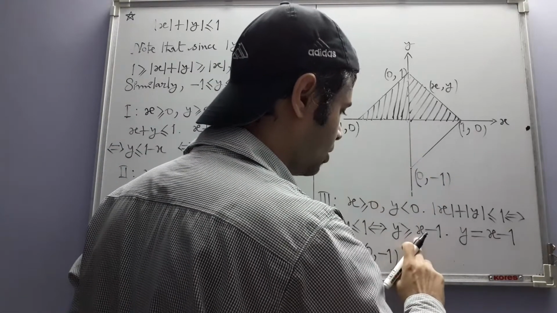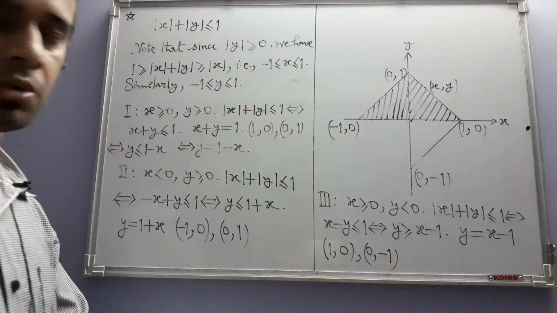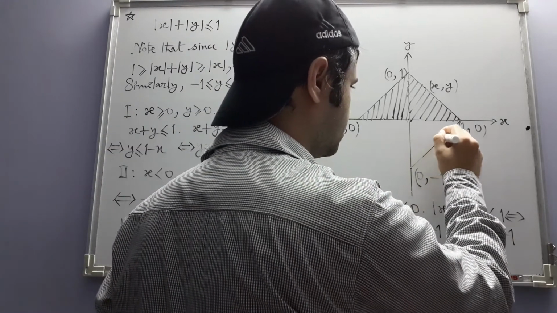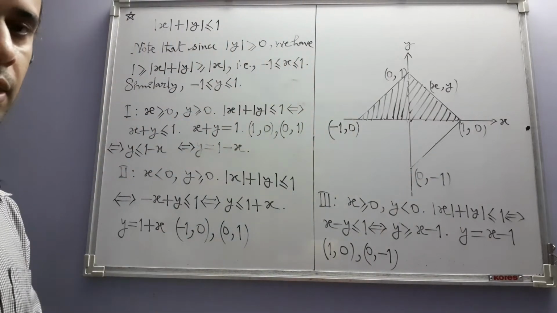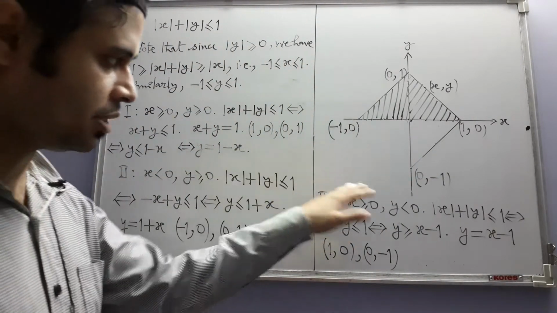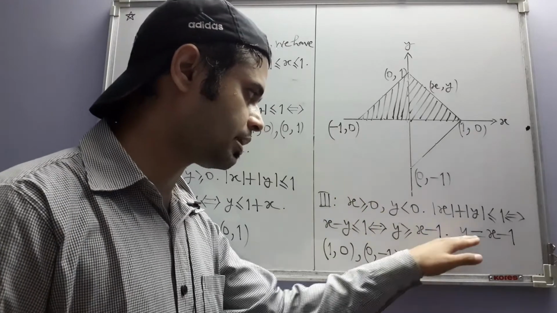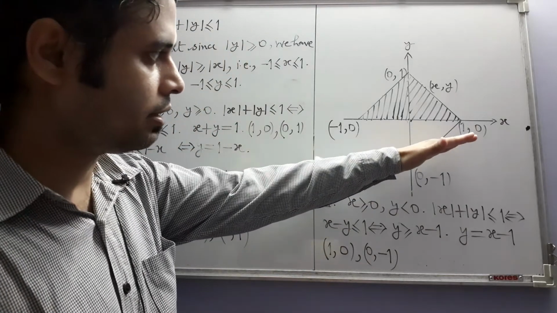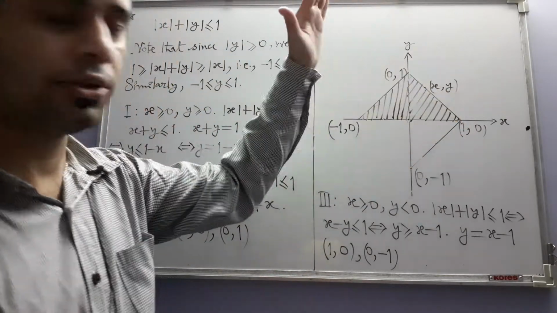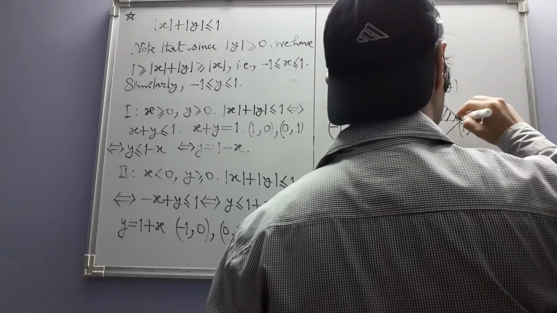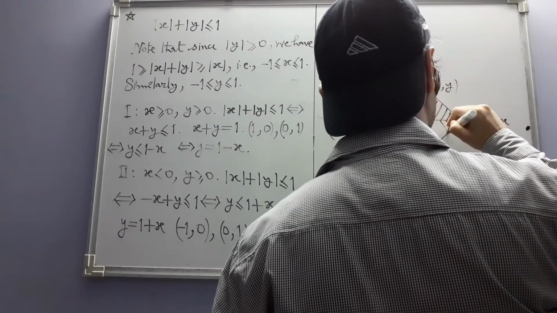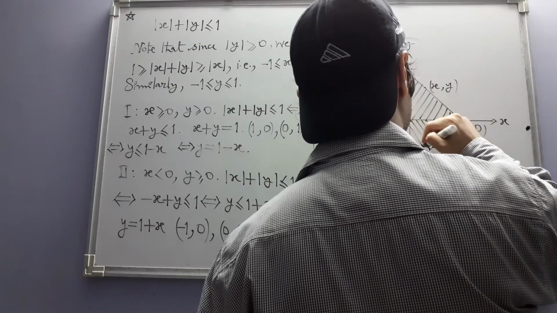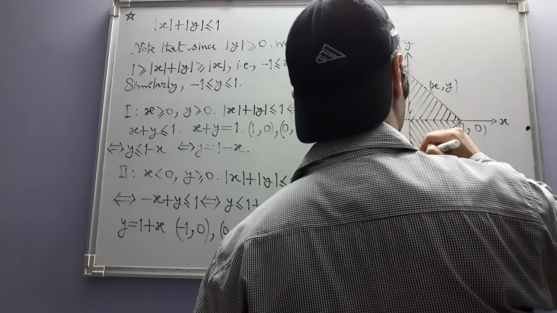But the smallest possible value is x minus 1. When y is x minus 1, then x comma y lies on this line. So in general, any point satisfying these two inequalities and satisfying this one also must lie above this line and below the x-axis. So we get this region, where strictly speaking the x-axis is not a part of the region.